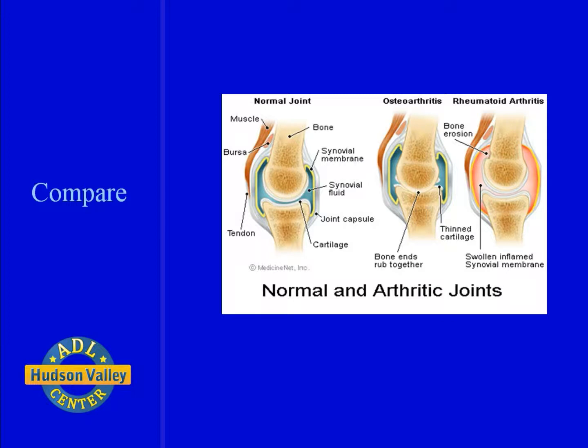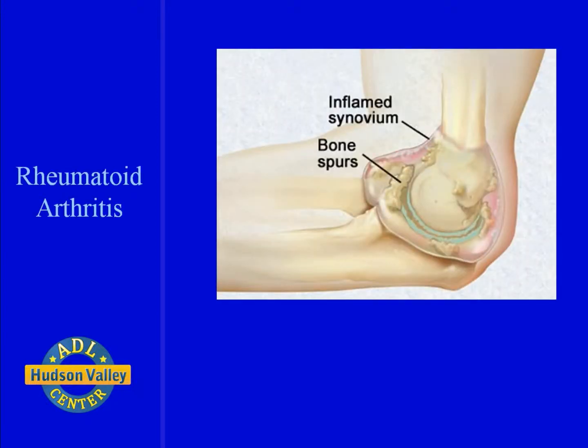Rheumatoid arthritis. Instead of attacking the cartilage, as osteoarthritis does, rheumatoid arthritis causes inflammation of the synovial membranes of joints and tendon sheaths. You will recall it is a tissue that lines the joint and seals it into a joint capsule. The synovial membrane secretes synovial fluid, a clear, sticky fluid around the joint to lubricate it.